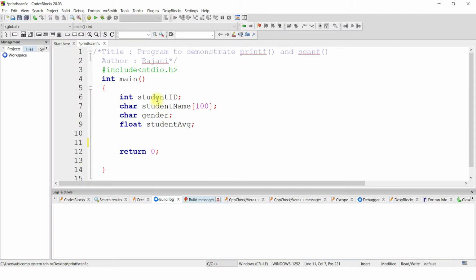When we look at our previous examples for variables, which are student ID, student name, gender and student average, using getchar and putchar, we can read and display gender, which reads a single character, M for male, F for female. And using gets and puts functions, we can read and display student name, which is a string variable, which reads a maximum of 100 characters. Then how can we read student ID and student average, which are of integer and float